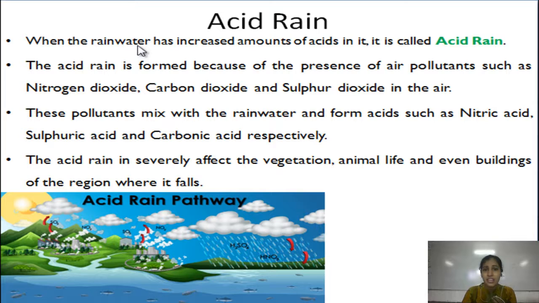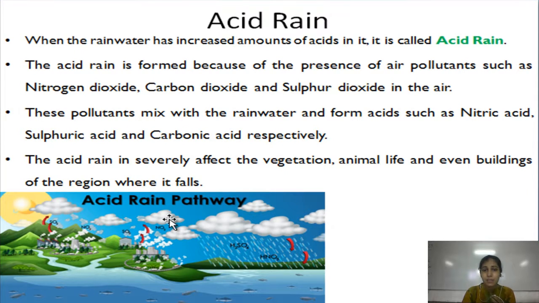Acid rain. When the rainwater has increased amount of acids in it, it is called acid rain. The acid rain is formed because of the presence of air pollutants such as nitrogen dioxide, carbon dioxide and sulfur dioxide in the air. These pollutants mix with the rainwater and form acids such as nitric acid, sulfuric acid and carbonic acid respectively. The acid rain mainly affects the vegetation, animal life and even the buildings of the region